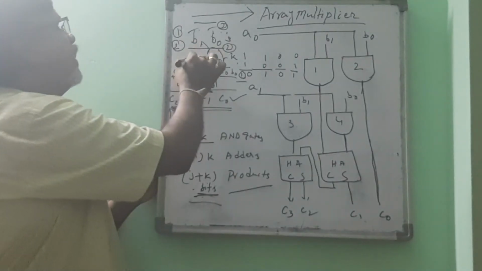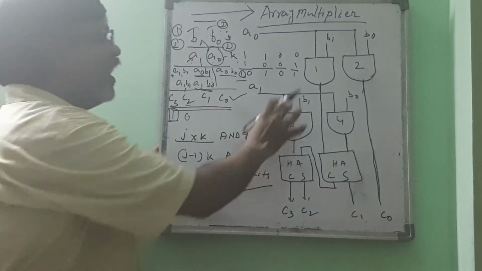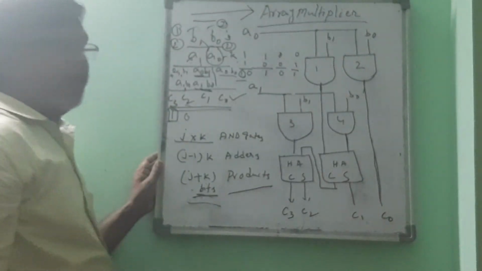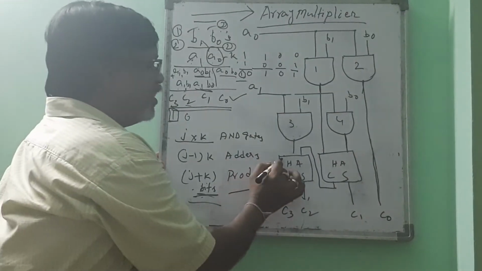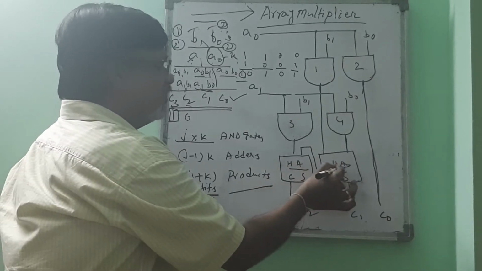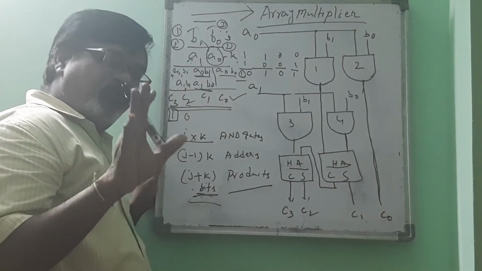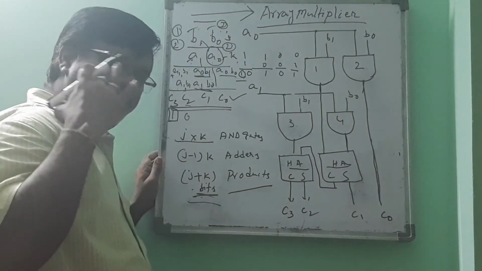How? J plus k, 2 plus 2. Now, apart from these AND gates, we are using two special circuits here, HA and HA. This is not HACS, that circuit name is HA. If you recall,